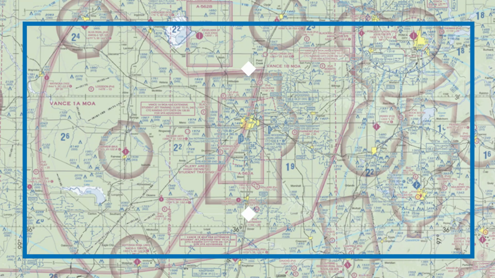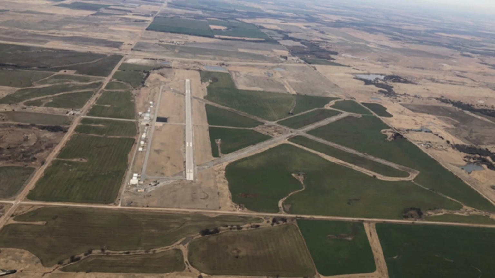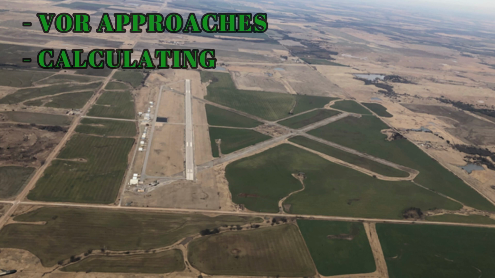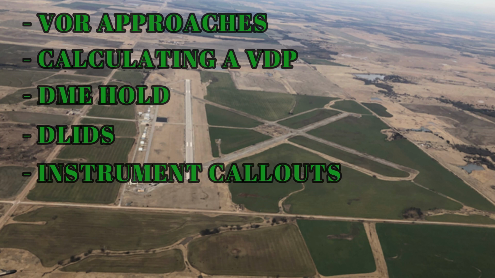This is part 3 of a 5-part video series on local VFR and uncontrolled airfield operations. In this lesson, we leave an East High MOA and execute the VOR 17 at NTA Perry while VFR. Covered in this lesson are VOR approaches, calculating a VDP, DME hold, the DLIDS acronym, standard instrument callouts, and missed